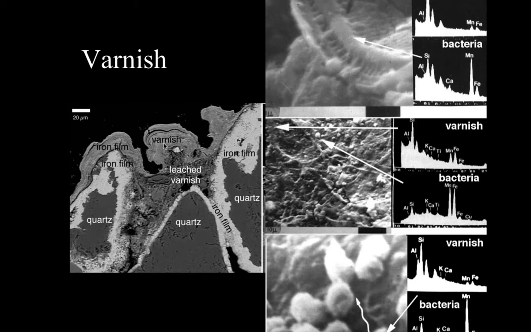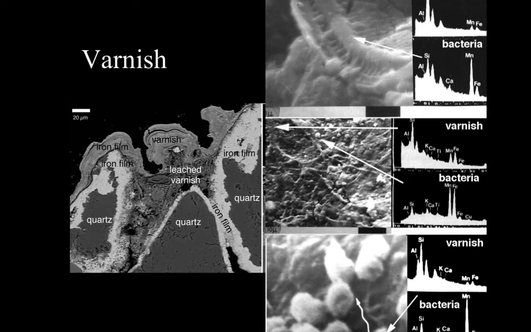And what we find is that in the layers, there are bacteria and also the varnish, but we find that the bacteria have a very high concentration in manganese and iron. So the bacteria are preferentially processing that element, which leads to this varnish. So that'll explain our anomaly, and it leads more criteria to suggest that the varnish is being produced by this